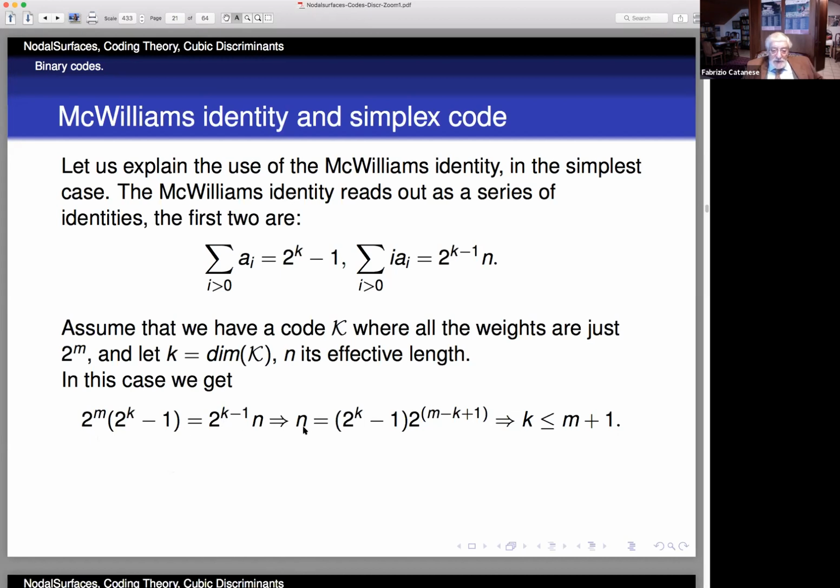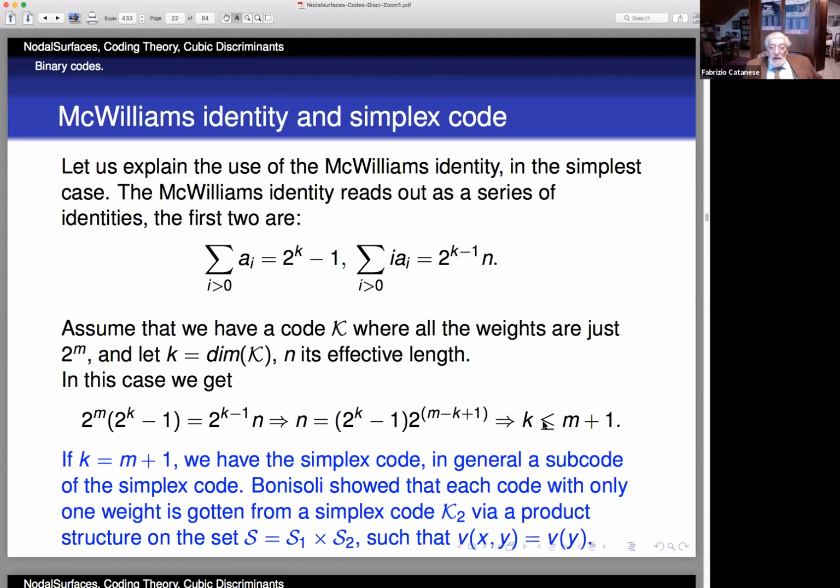It follows that as a rational number, n is an odd number times a power of 2. And since n is an integer, the exponent must be non-negative. It follows that k is at most n plus 1. And it is not so difficult to prove directly that if k is equal to n plus 1, we have the simplex code. And in general, if the weight is 2 to the m, we have a subcode of the simplex code. In general, Bonisoli showed that each code with only one weight is obtained from the simplex code